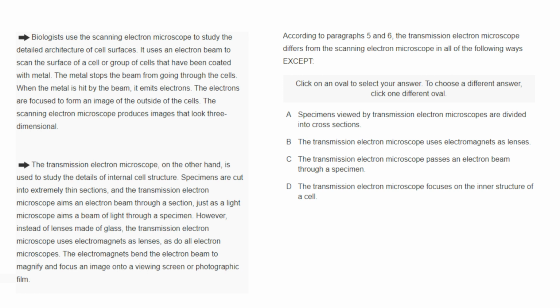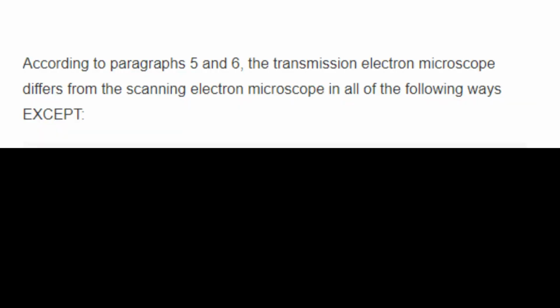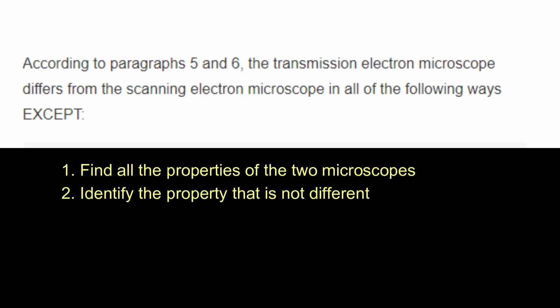Now let's examine this challenging question. The question states, the transmission electron microscope differs from the scanning electron microscope in all of the following ways, except. What does this question ask you to do? It is asking you to find the differences between the two microscopes and then identify the property that is not